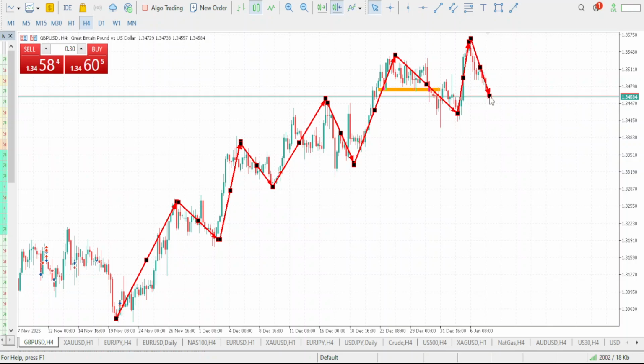So with this higher low, we would be expecting the market to give us a bullish move that will eventually form a new higher high. That is for the long term, not right now. In the long term, we will be expecting the market to give us a higher high, especially if you are a position trader. You would like to hold your position for the next 2 to 3 months, then you would be anticipating a higher high movement,